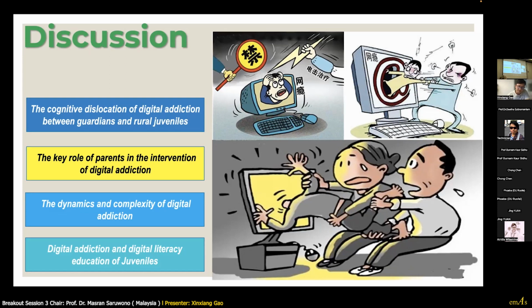Third, the use of digital products by rural juveniles is affected by changes in learning difficulty and time, changes in education policies, and changes in living and learning environments, leading to dynamic changes in the duration and concentration of digital products use. Guardians, public libraries, and larger social factors should help rural juveniles